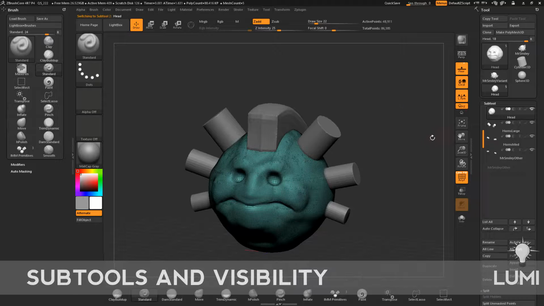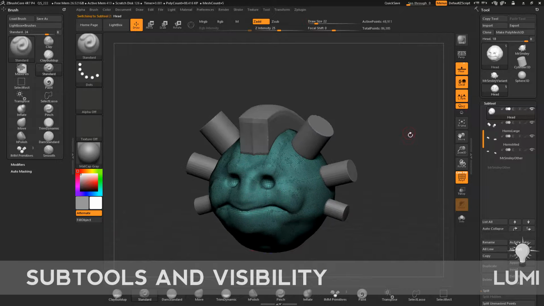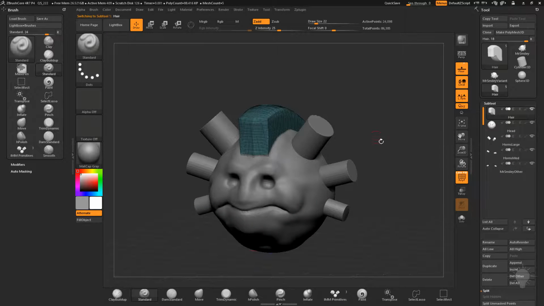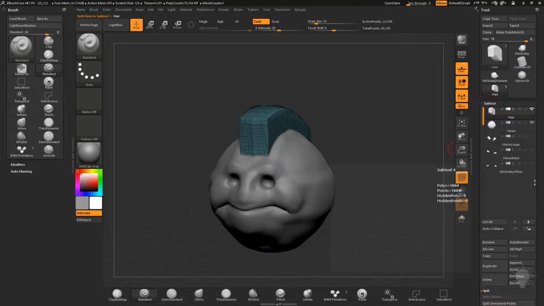And then if I want to hide them, let's get a little bit into subtools here. So now we have a head, horns, and hair. So let's say I just want to look at the head and the hair and not the horns. One way to do that is to go through here and just turn off the eyeballs, which turns off visibility